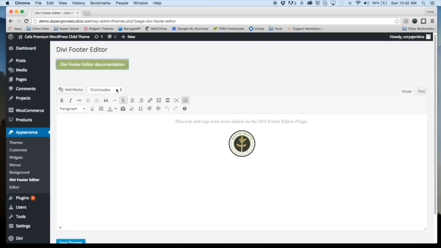Okay, so one of the biggest new features, besides the automatic updates that I was mentioning, are the date shortcodes. And you can see up here we have a shortcodes inserter. So when you click on that, we have year, month, date, current day, and current time. So you have some different options you can choose from. So let's go ahead and make this look like a lot of people do in their footers. We're gonna do a copyright,